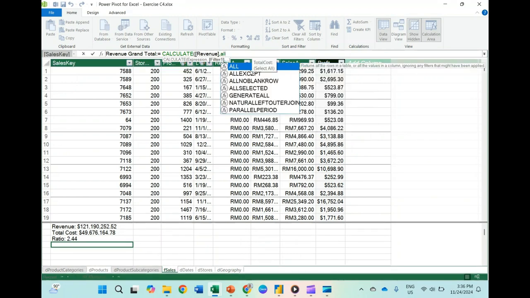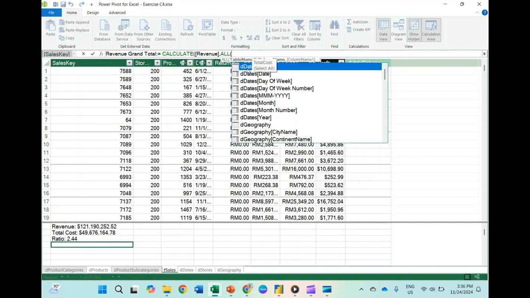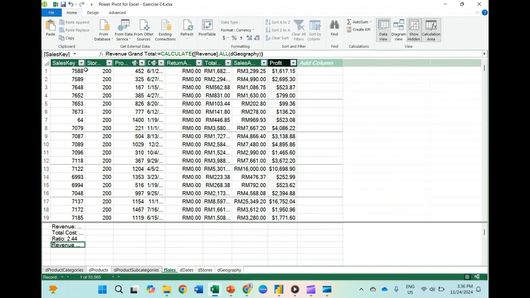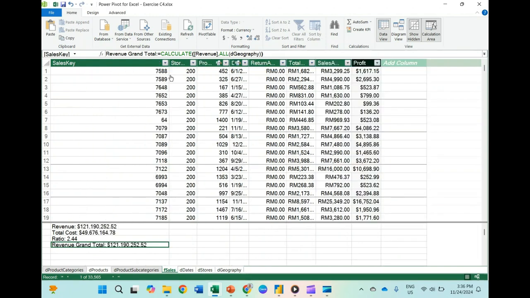You want to show revenue for all geography. Close the bracket and enter, and change it to currency. I want to make it bigger to show you. So this is revenue for all countries, for all geography, for the whole area.